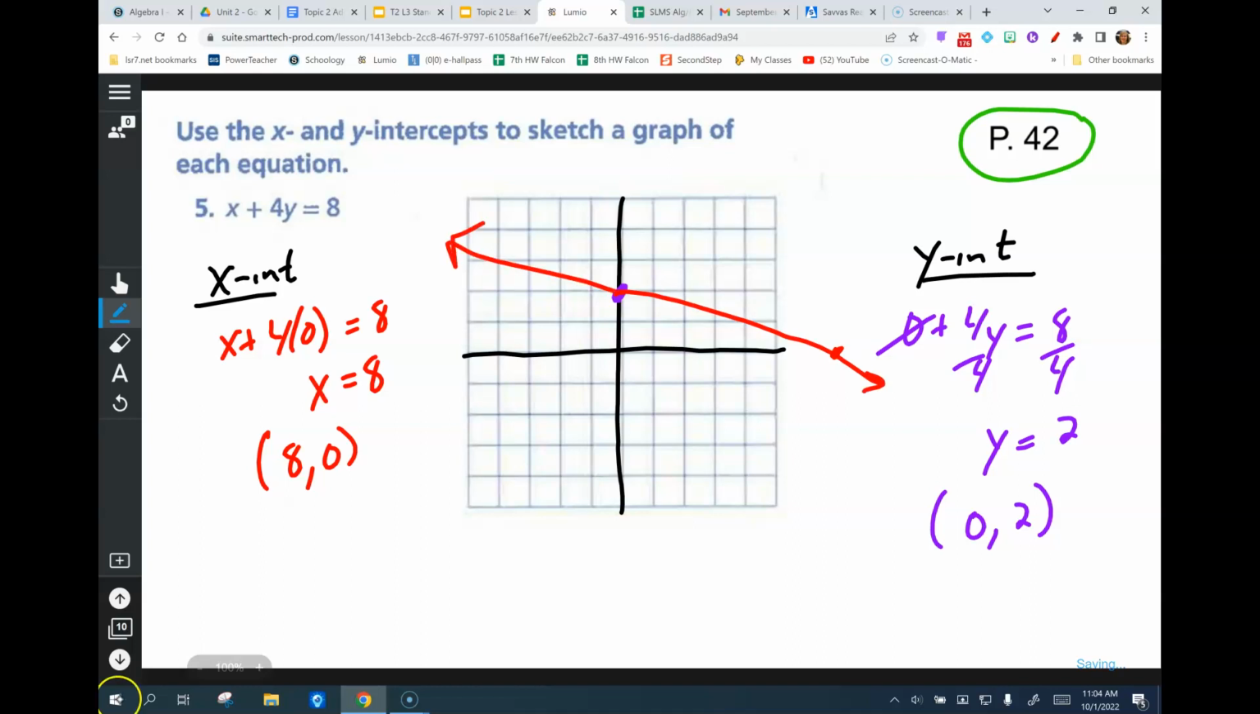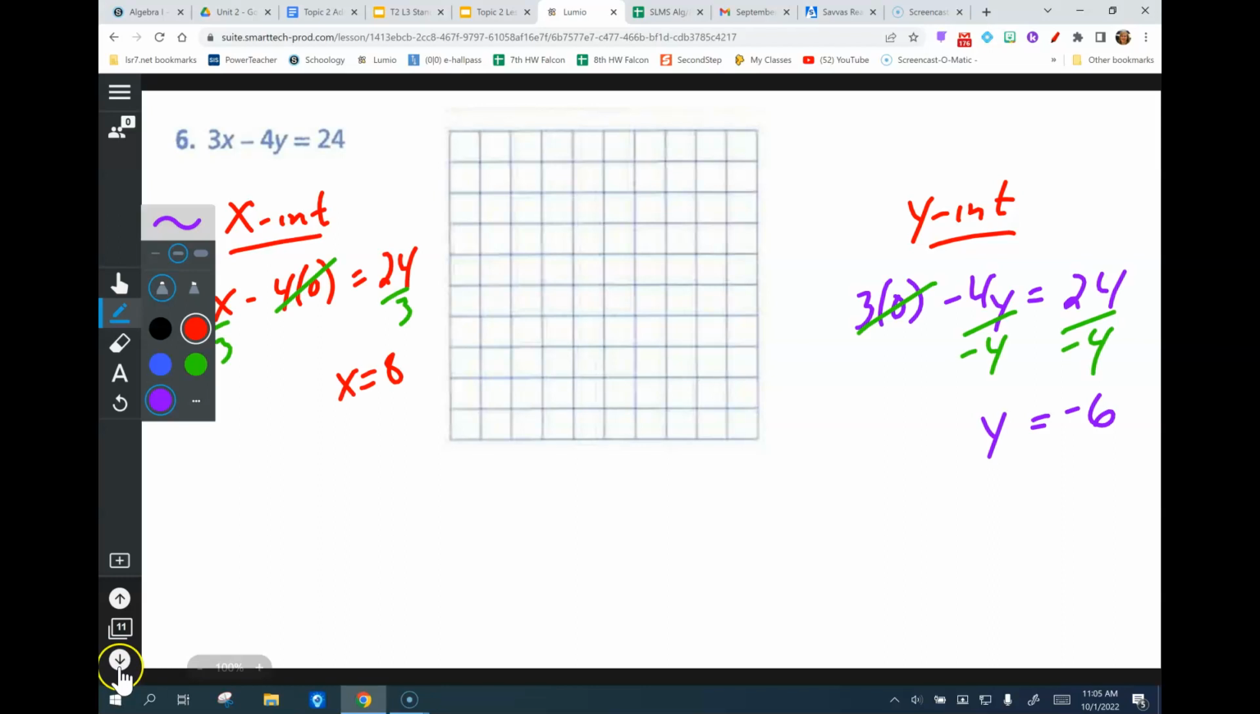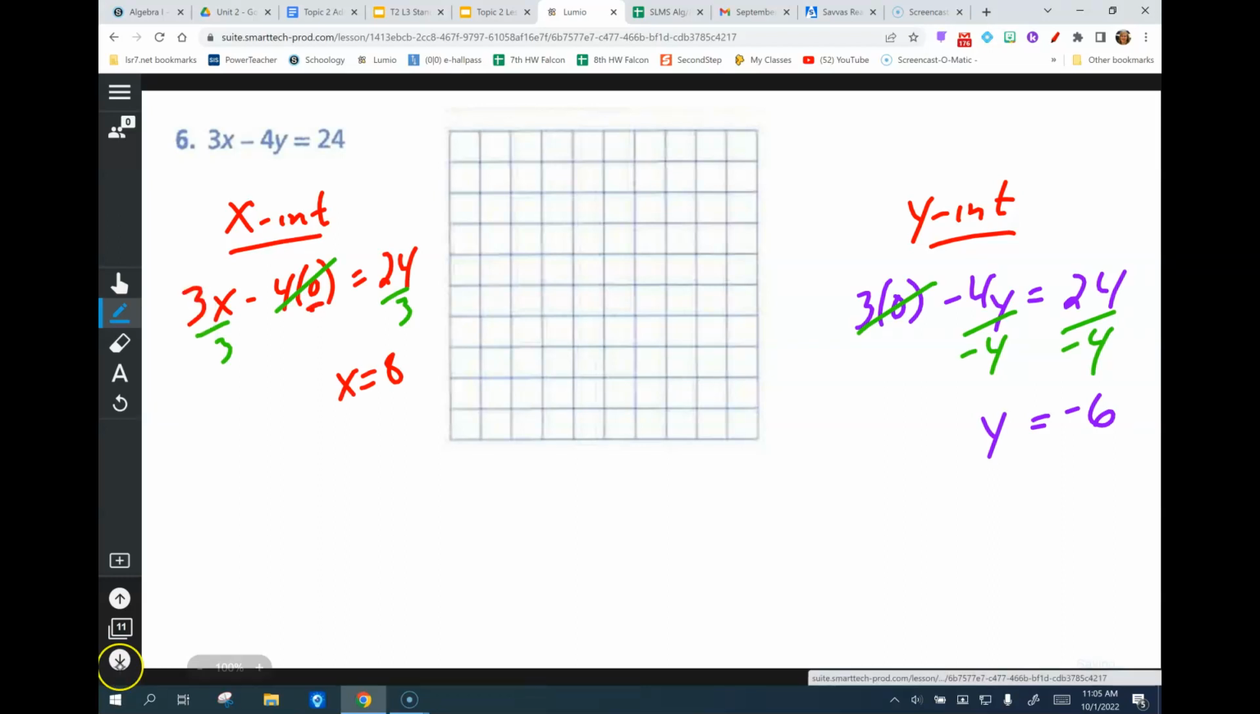Okay, good. Let's do the next one. So find your x-intercept. Find your y-intercept. I'm going to pause it. We're all going to do that. Go. So when you plugged in 0 to find your x-intercept, you plugged it in for y, and you found